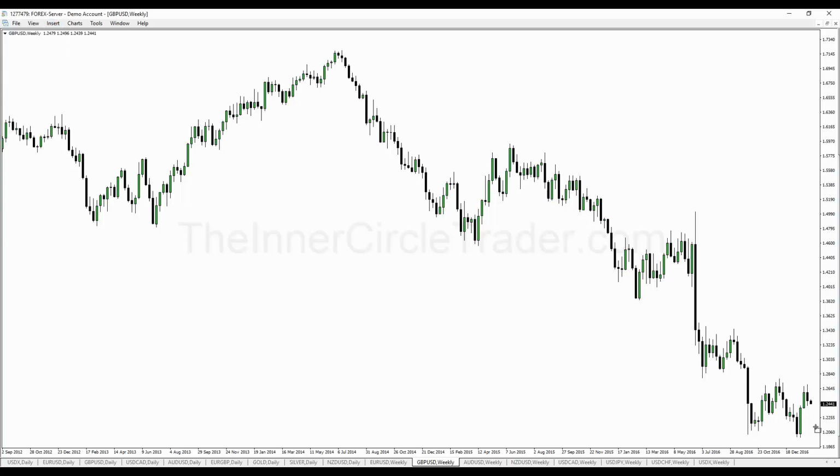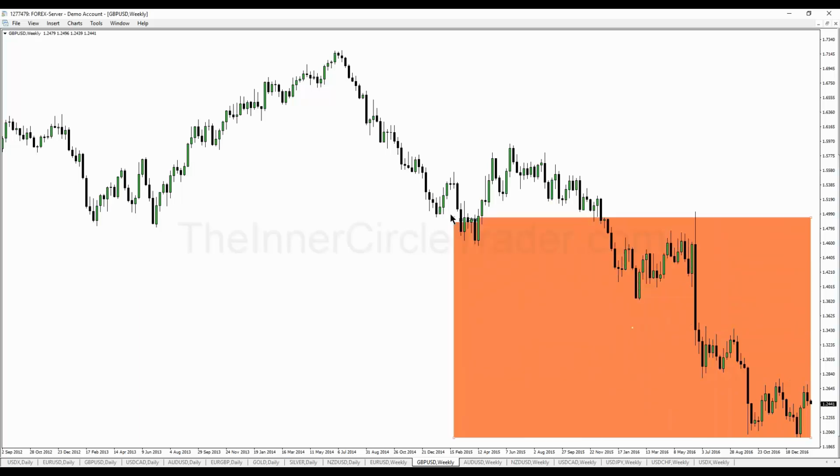It's real simple. It's not like a whole lot of indicators stuff. You just take in your chart,